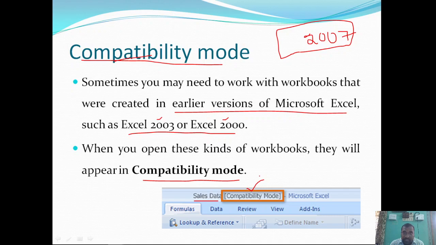The features of those versions are lesser compared with the 2007 version of Microsoft Excel. Okay,